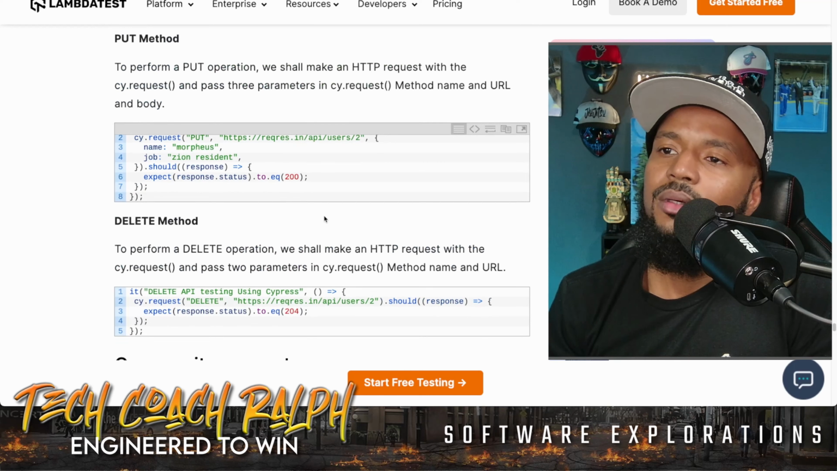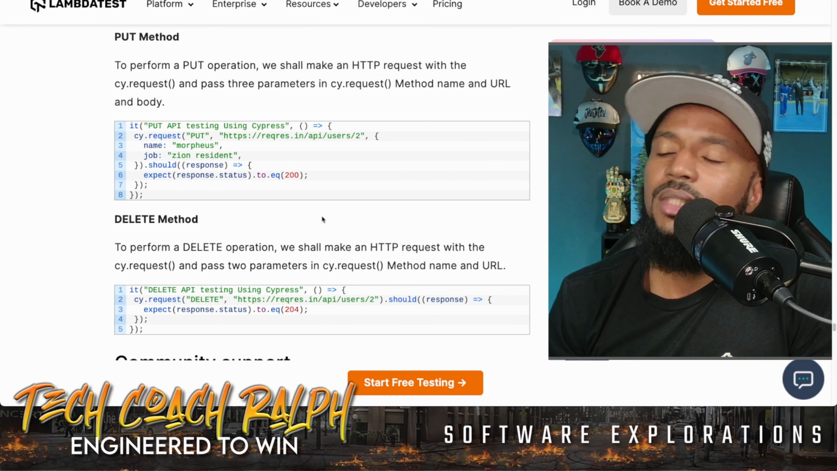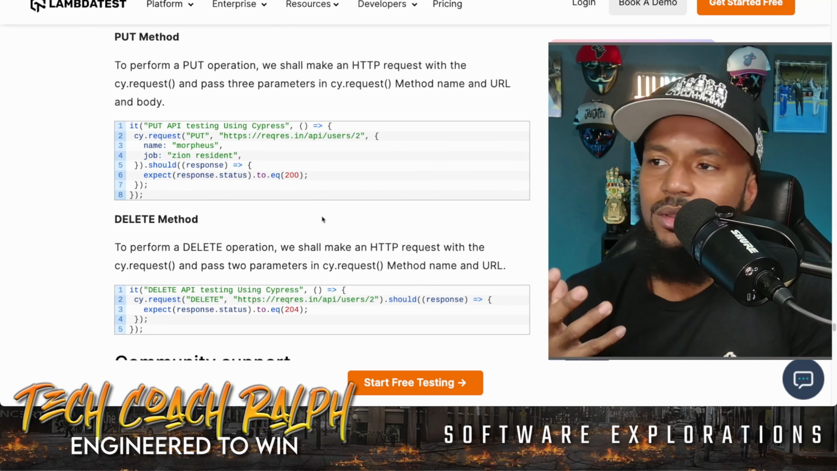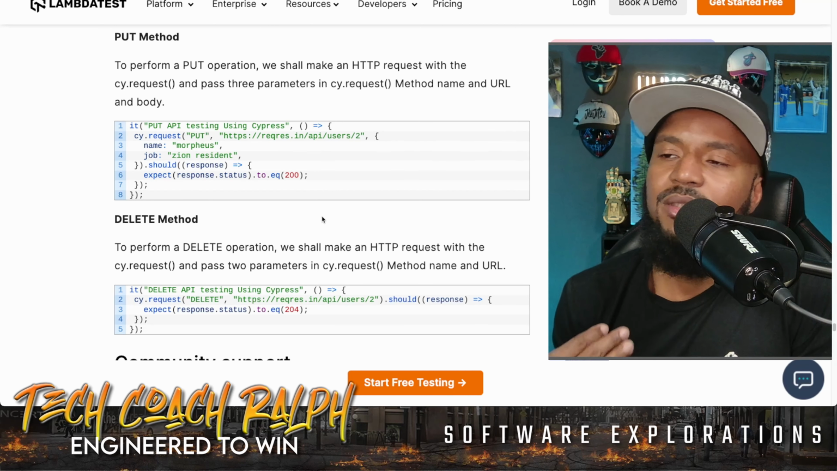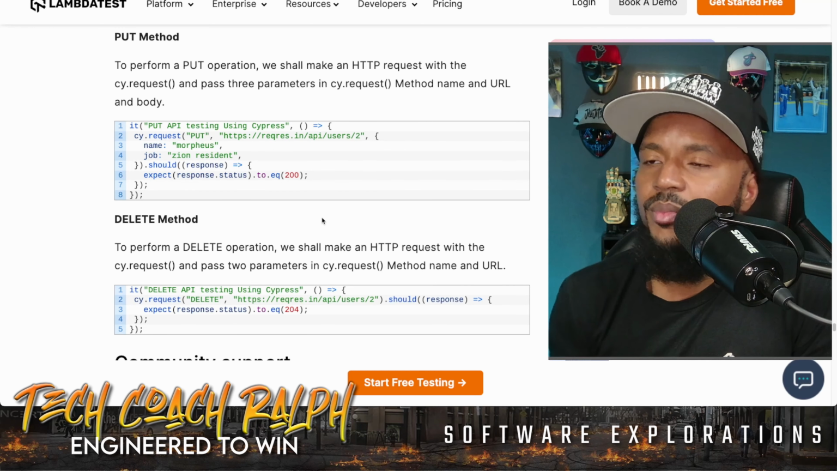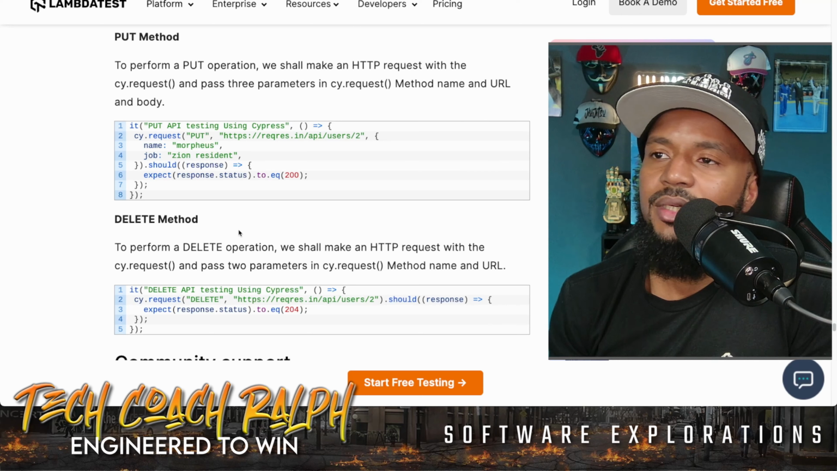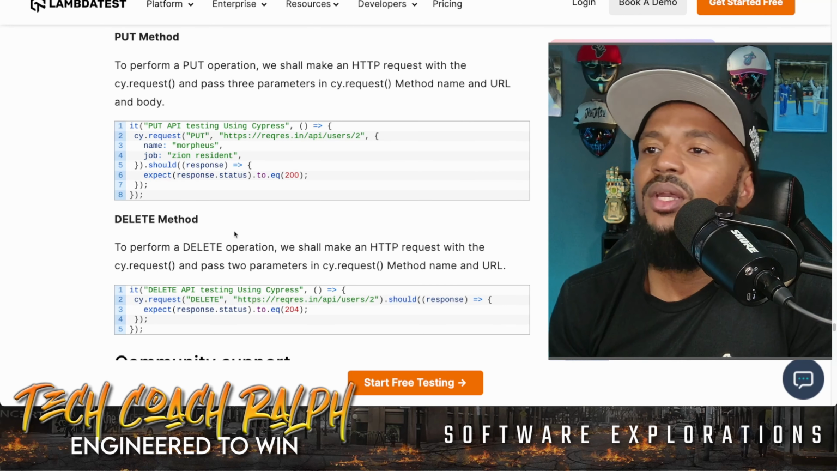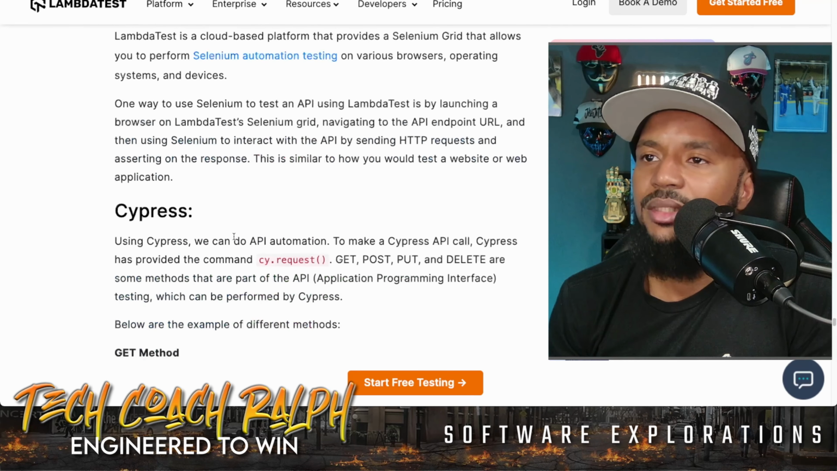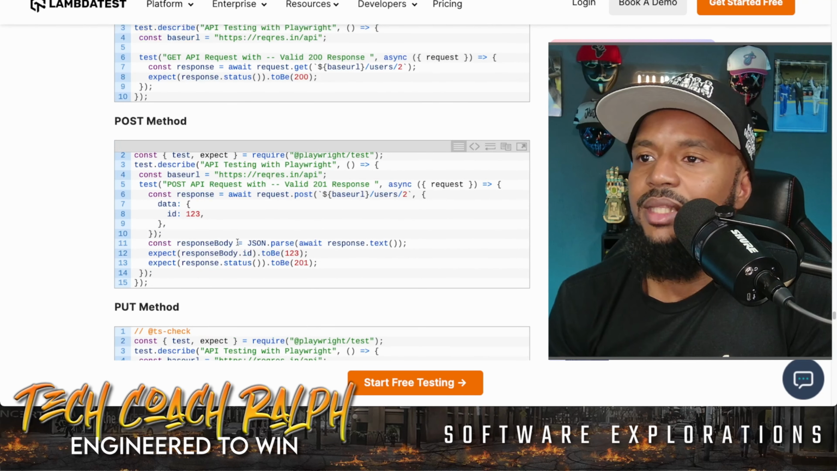So here's the thing. Selenium doesn't offer API testing, right? But you can use whatever default library to make API requests in order to validate, right? So it's not that big of a deal. Playwright has it built in, right? And so does Cypress. But one preference that I would have in how Playwright does it over Cypress is that